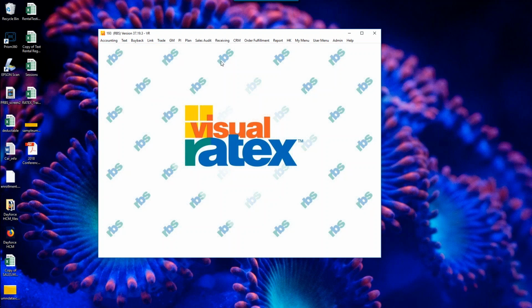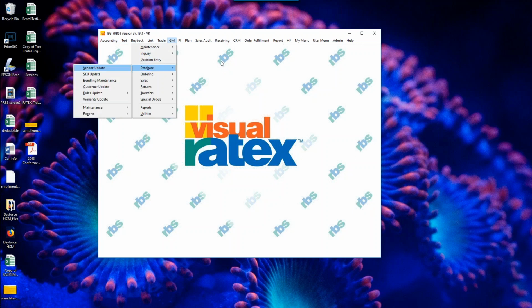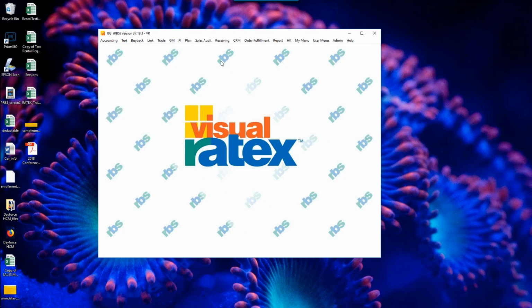The third way to navigate this main screen is to once again press and release the Alt key on the left of the space bar. And now you can use the arrow keys. I'm just arrowing to the right, arrowing down, arrowing to the right, arrowing down, arrowing to the right. And once you get to the item that you want, you can just hit return,